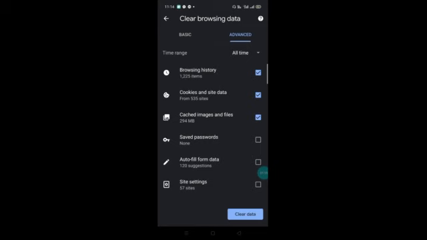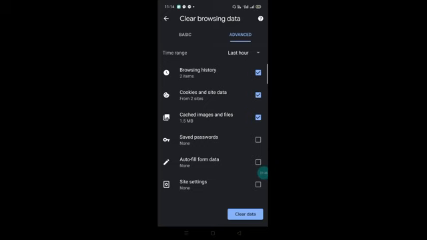Earlier it was showing less because I selected last hour. If you click on last hour, only what happened in the last hour, those history items, cookies, site data and cached images and files will be deleted.